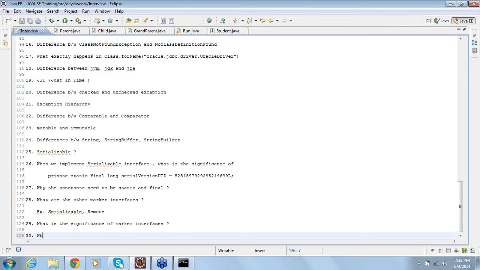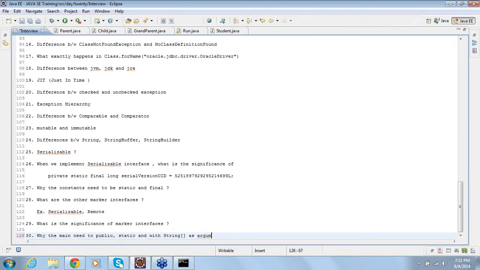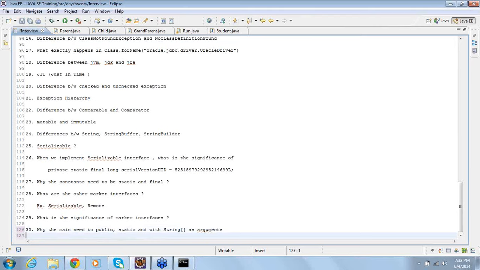Then again, we already discussed these things. Why does main need to be public, static, and with a string array as parameter? Why does it need a string array as arguments?